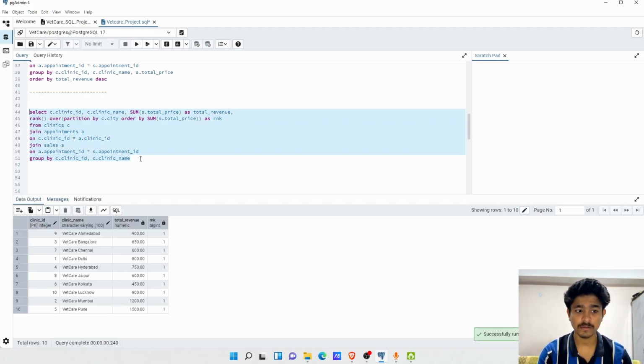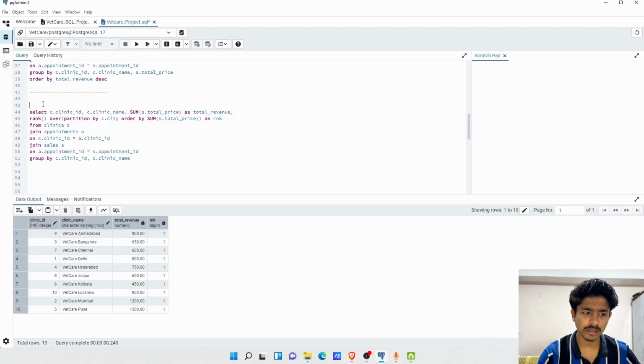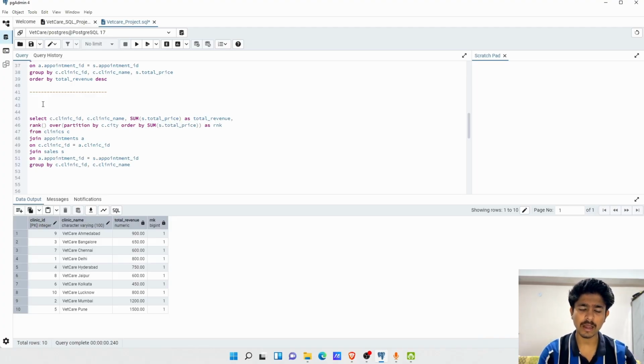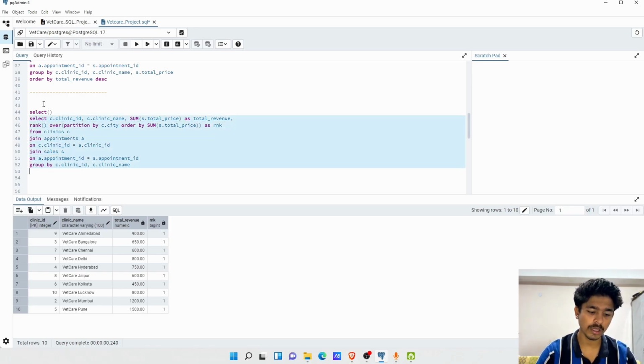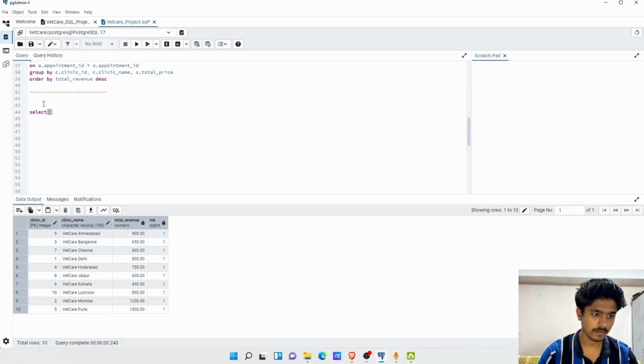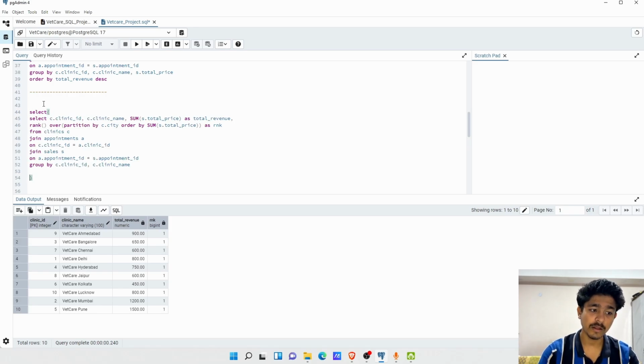As we can see, here it is, but we haven't got it based on the rank on the city, right? I'll show one more thing. Now we need to add the entire code in the subquery, and from here we will be writing